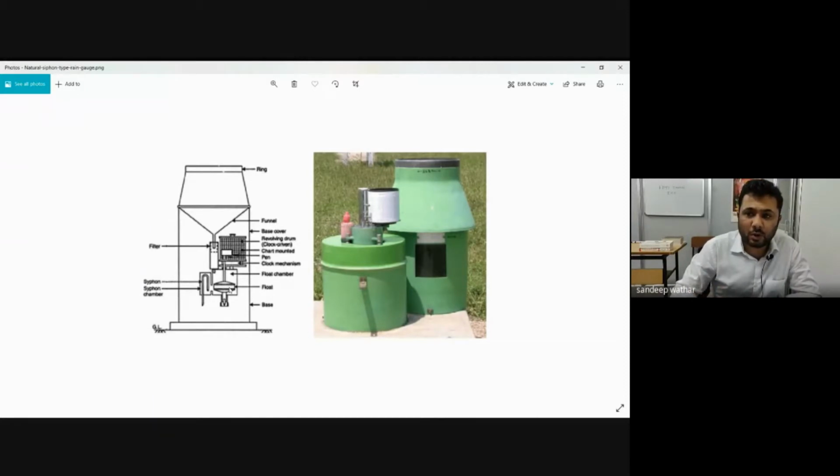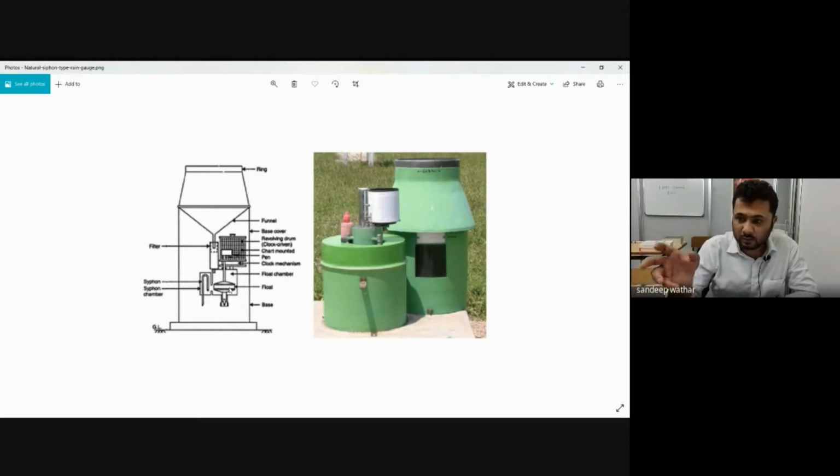So what happens with the ball? The water level rises as you discharge all the water. After the completion of work, you discharge all the water into the toilet. Then inside that flush tank there is a float, or a ball kind of a thing. That ball goes to the bottom. Then suddenly an automatic valve opens, and the water starts filling the tank.